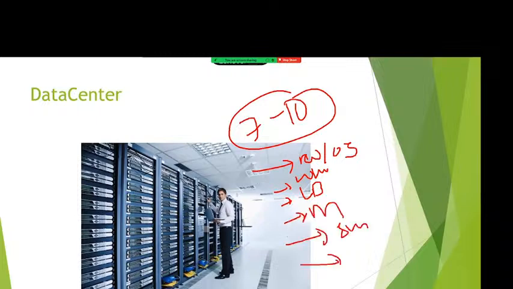So many teams are required to provide support to the customer. To maintain these many teams and our own data center, the project budget is very high. The organizations are not able to bear such